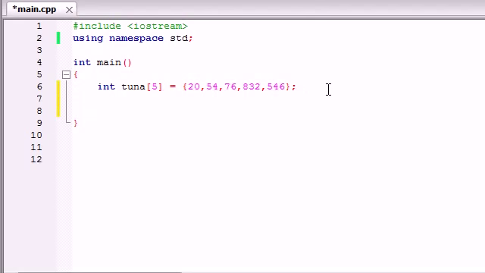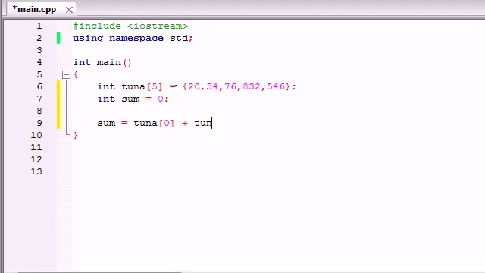So now what we want to do is, say our boss or our teacher came to us and said, build a program that calculates the sum of all of these elements. So we're saying, alright, the first thing we need is a variable to hold that sum, and by default, since it doesn't have any elements at first, we're going to set it equal to 0. So what we could do is this: sum equals, oh, I tried to type Bucky again, tuna 0